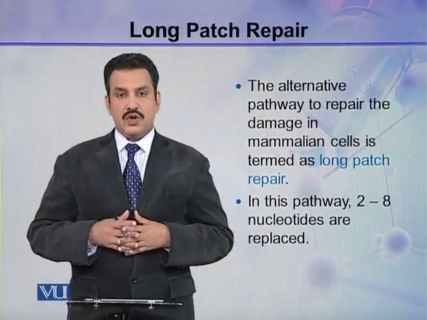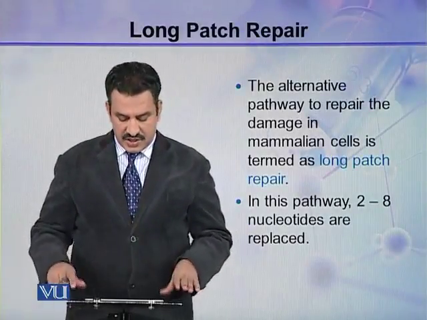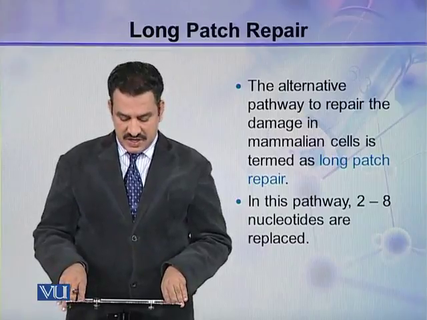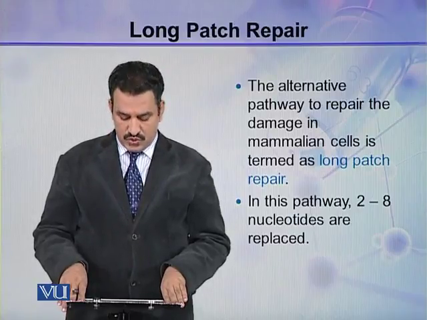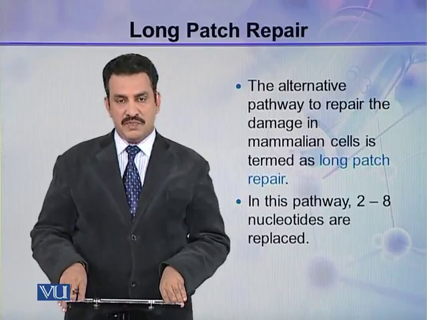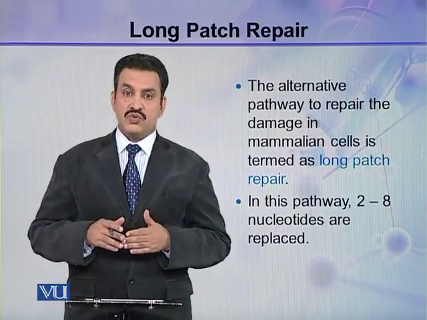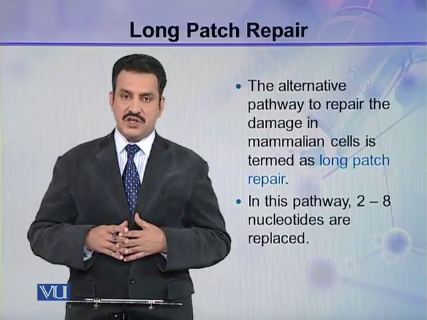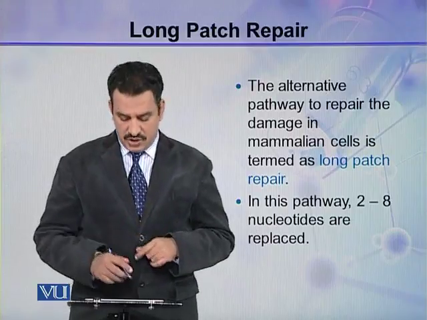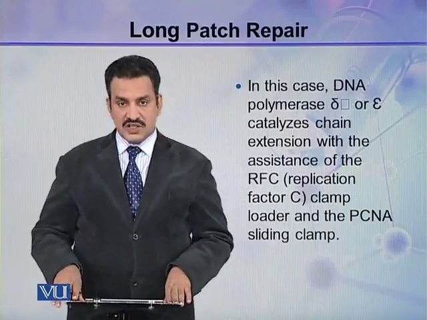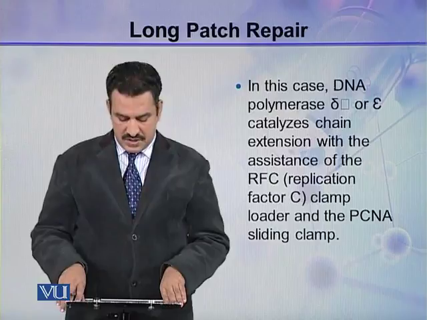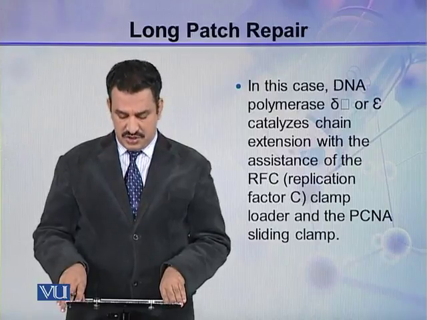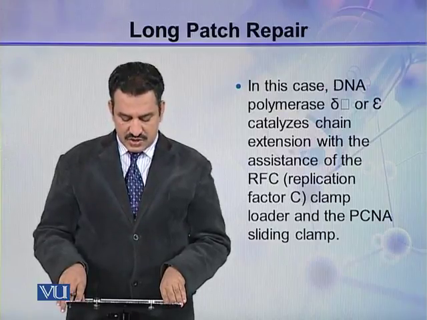Now comes the long patch repair. So the alternative pathway to repair the damage in mammalian cells is termed as long patch repair. In this pathway, 2 to 8 nucleotides are replaced, in contrast to one nucleotide which was replaced in case of short patch repair. In this case, DNA polymerase delta or epsilon catalyzes chain extension with the assistance of the RFC,